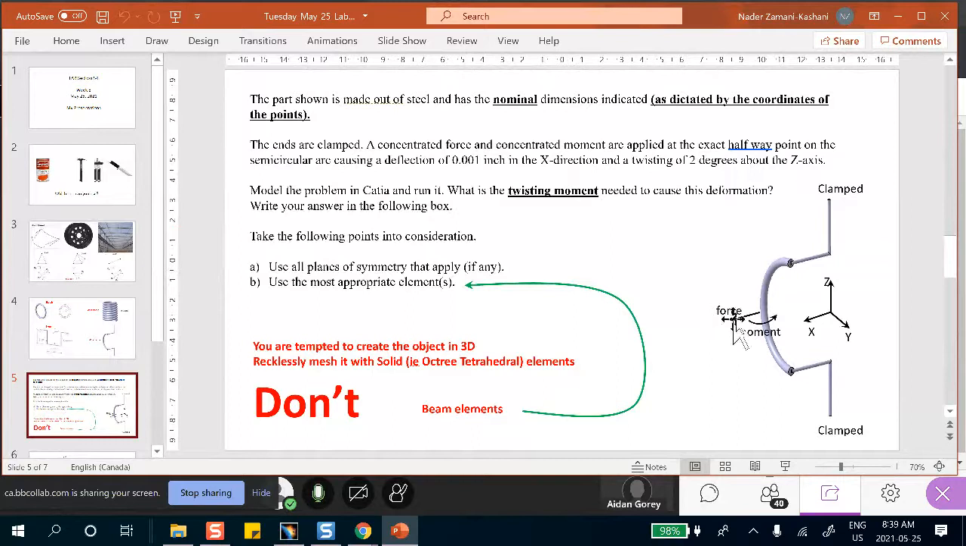Then the loading is that you apply a force here. We don't know what the value of the force is. It's something that you can ask CATIA to give you at the end, which gives you 0.001, a thousandth of an inch displacement, and a moment here, which you don't know what it is, so that it twists by 2 degrees. So you have to apply a force here to pull this, and a moment here to twist this thing by 2 degrees. Okay? Now look,